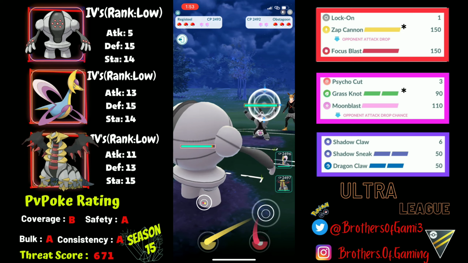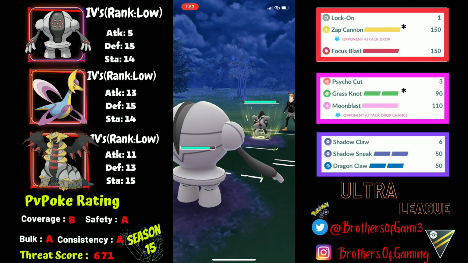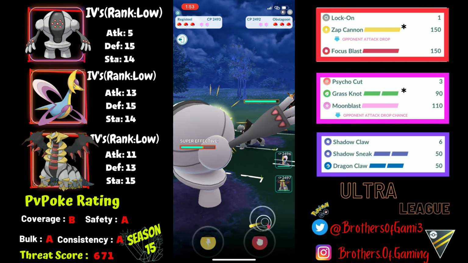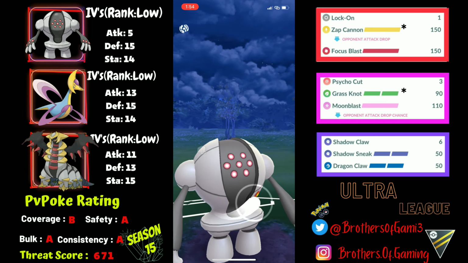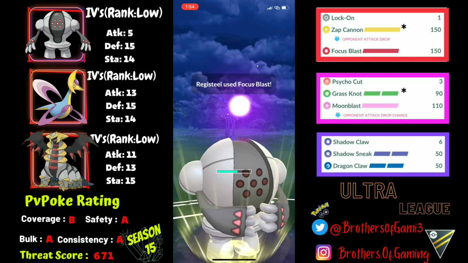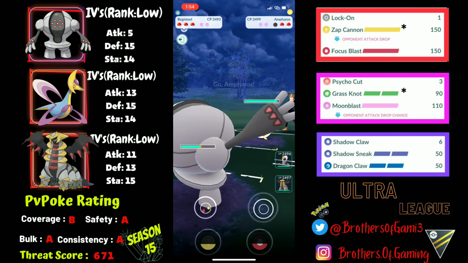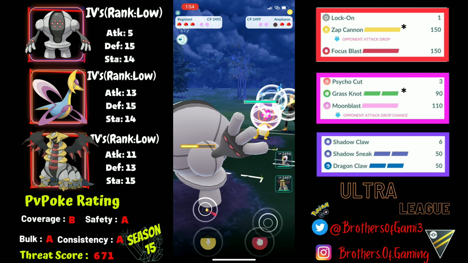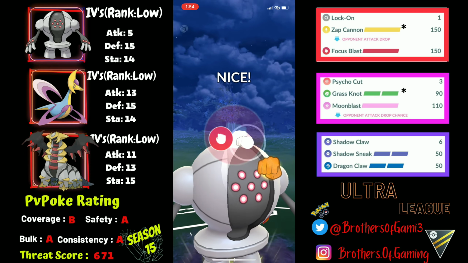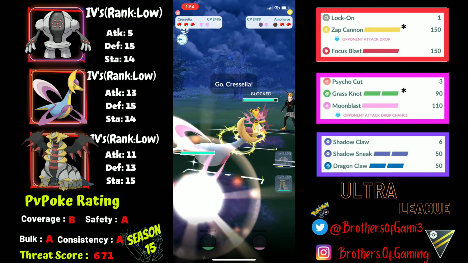Moving on to the next matchup, I pick up a lead against Cress, and they safe swap into their own Obstagoon. So Obstagoon looks to be a kind of core breaker for my whole team, but not before, because I have got my own Focus Blast from Registeel and Moonblast from Cresselia to deal with this, to which they do not shield up the first Focus Blast coming from my Registeel over here, and it does one-shot the Obstagoon over here, to which they come back with their own